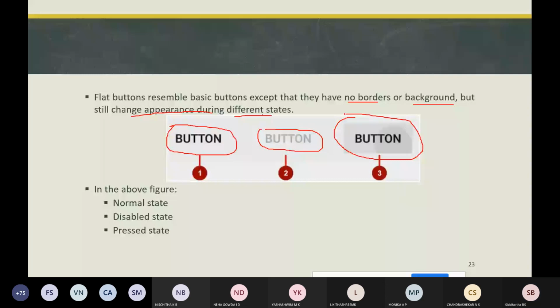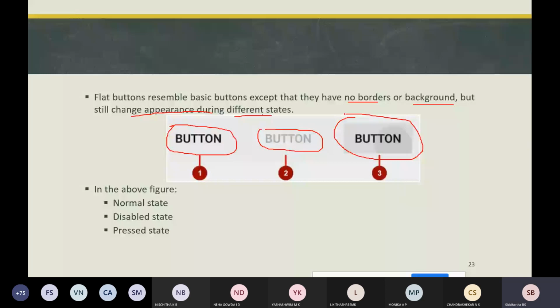When you are designing this button, you can attach a callback to that button. If you want to have a callback on that button, you should use the onClick attribute. If you use the onClick attribute, then your callback is called when the button is in this particular state. So you should have a callback method.